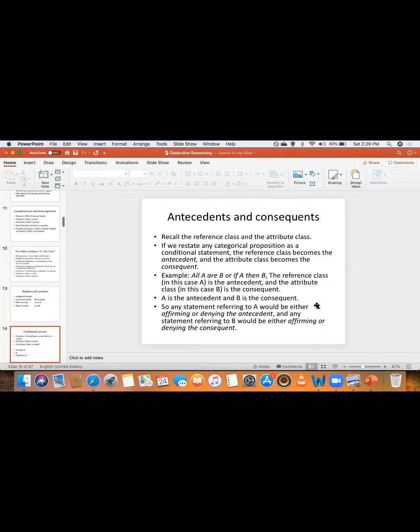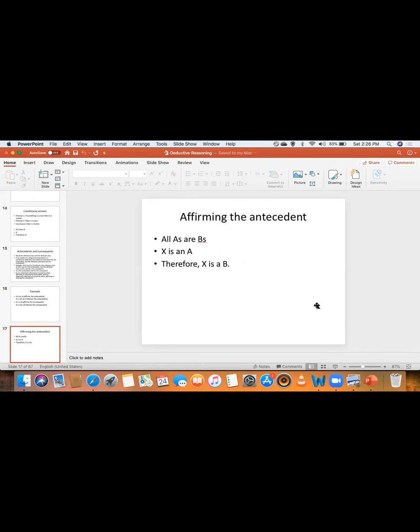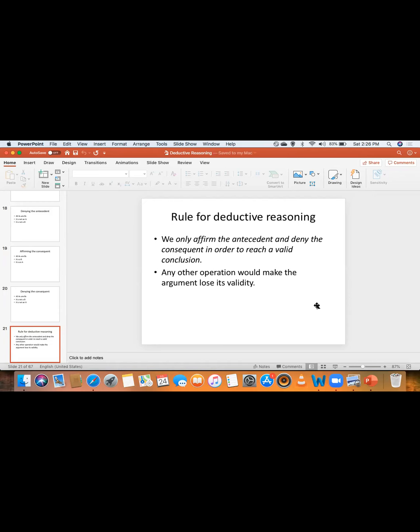So with that you can arrive at, and so when you have identified your antecedent and the consequent, then you are able to see four ways of making the argument. It is either the argument affirms the antecedent, or it denies the antecedent, or it affirms the consequent, or it denies the consequent. Either of the four ways. Now, two of them are valid, two of them are not valid. We saw how to arrive at the valid ones and how to arrive at the ones that are not valid.